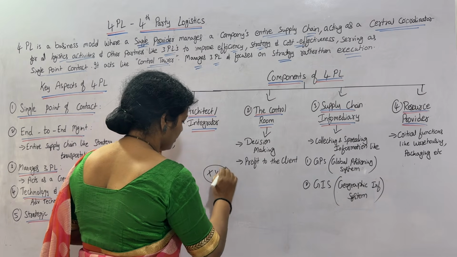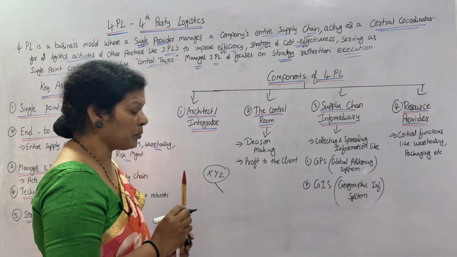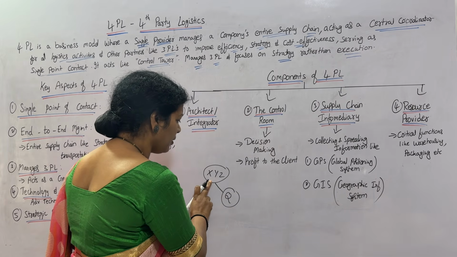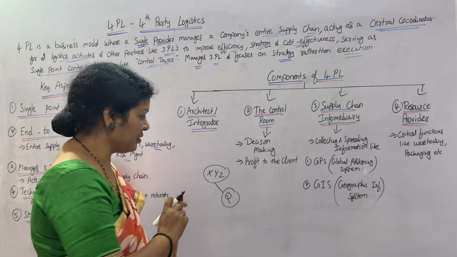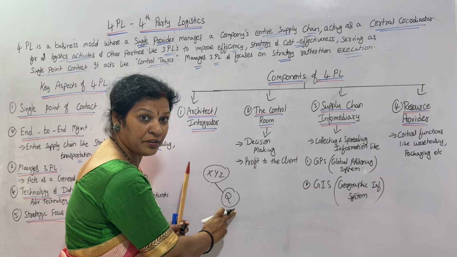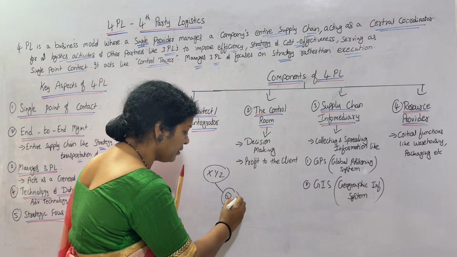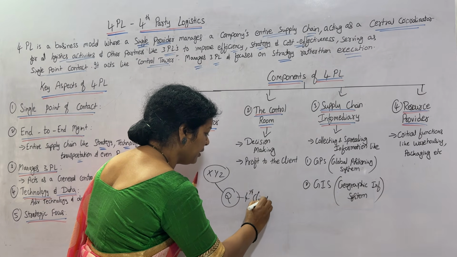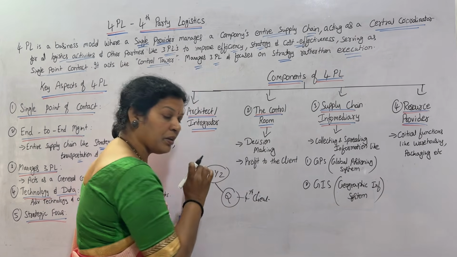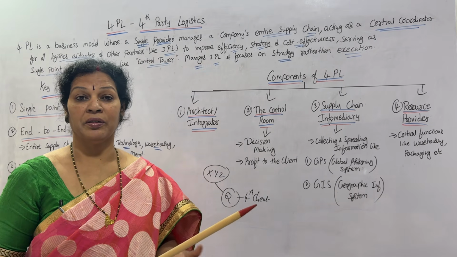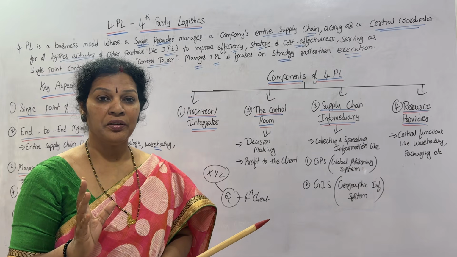This is the client. They have given this 4PL to Q company. Now what is their intention? What is their motto? That you understand. Being the fourth party, Q has to understand what XYZ company is, their ambition, their work, the nature of their work, and everything from A to Z.